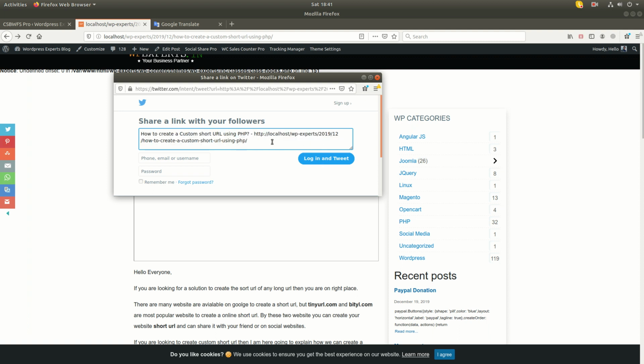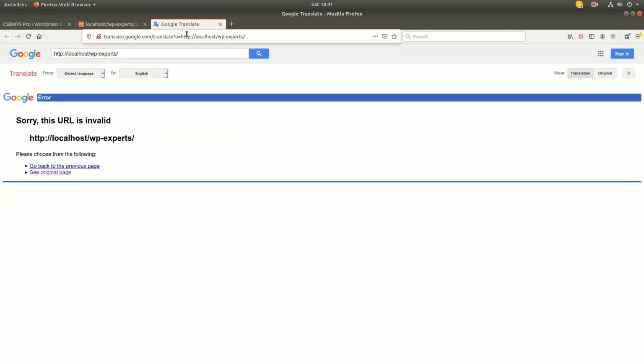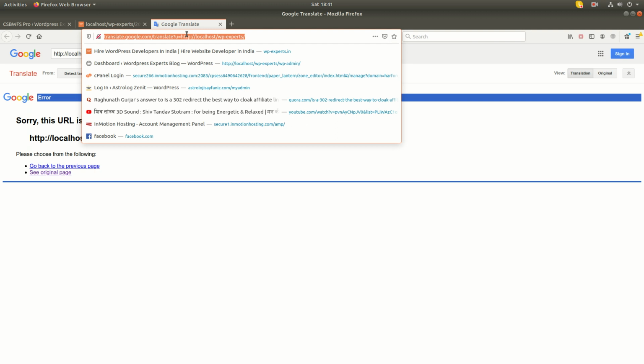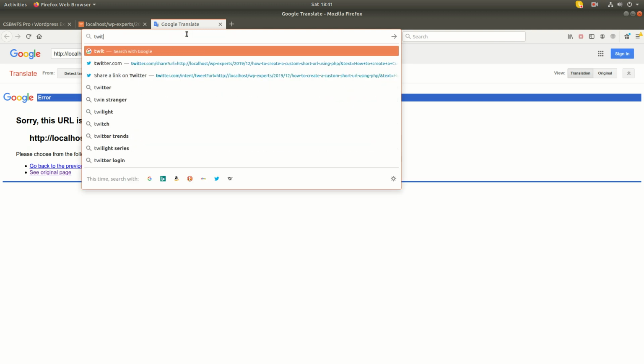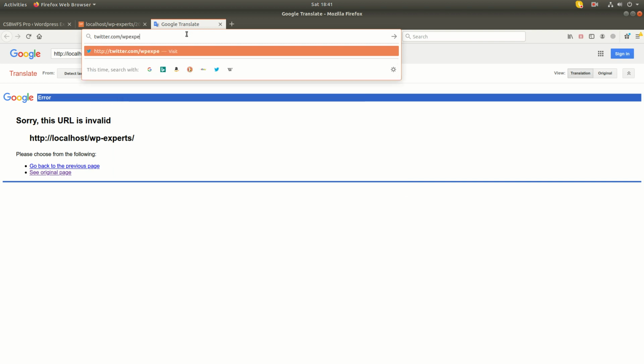Now, if you want to use this button like your official social button, not a social share button, in that case you need to define the name of your official twitter.com account.